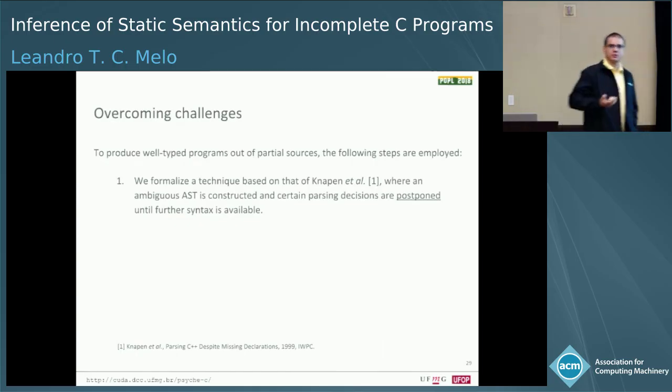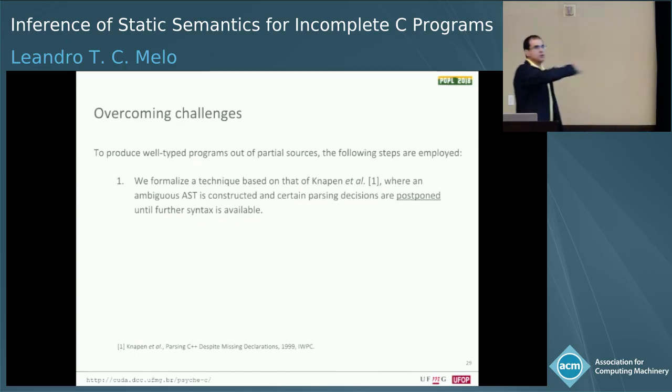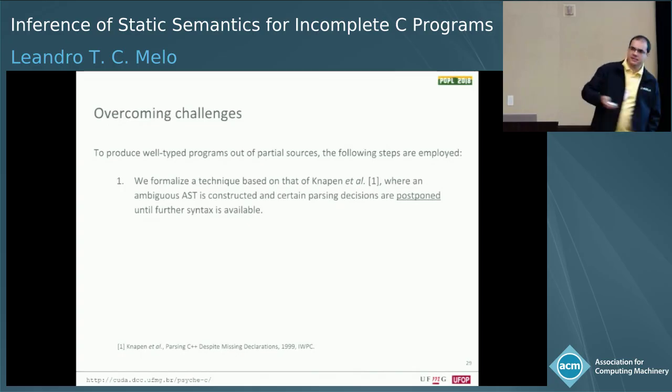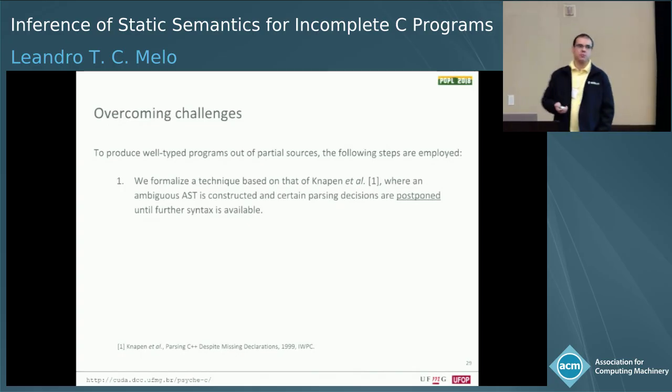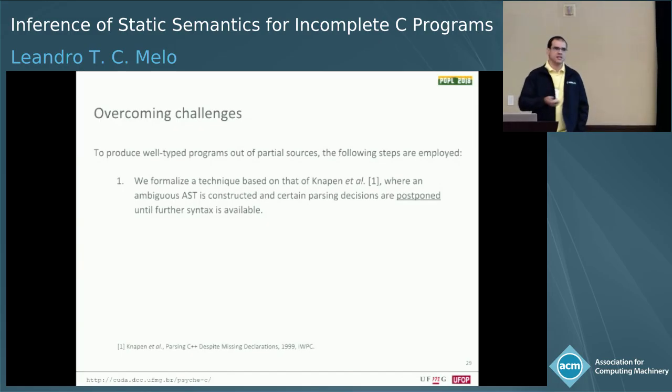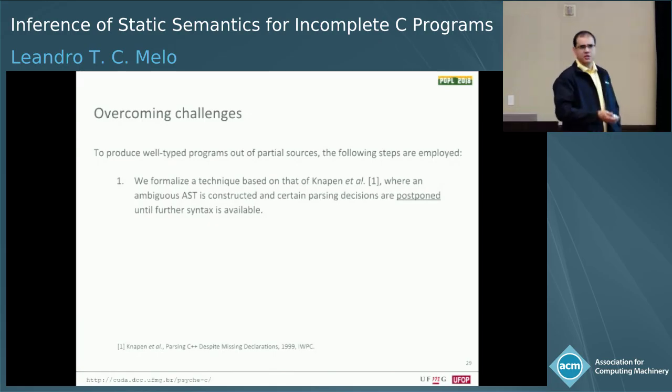So these are our contributions. I'm going to outline the big steps that we do. To deal with the syntax ambiguity, what we do is postpone parsing decisions, right? We don't know what x star y is, so we continue parsing. We create an ambiguous AST node, and we keep going until we have information to resolve it. This is a technique that's not novel per se. IDEs and other tools do something similar. We have, however, a good formalization to describe what is actually going on with this.